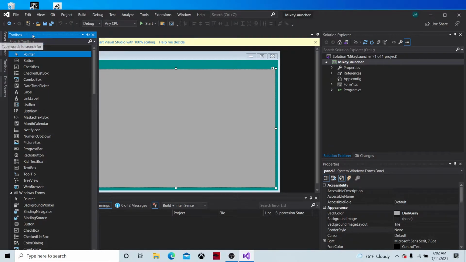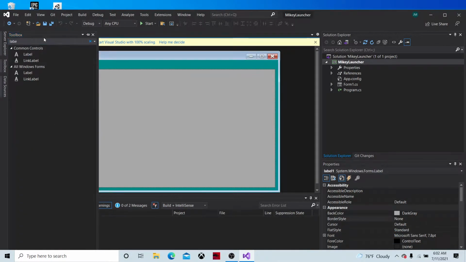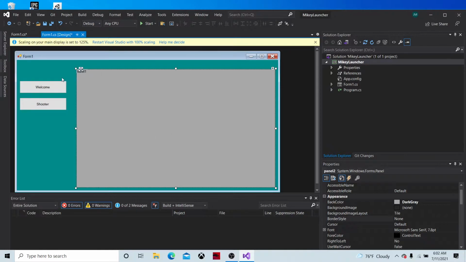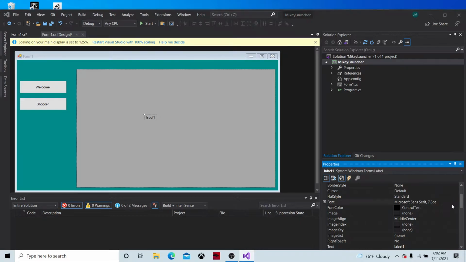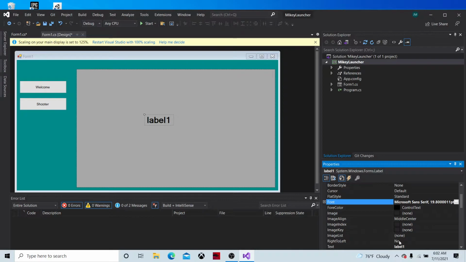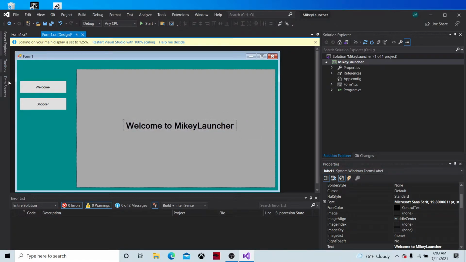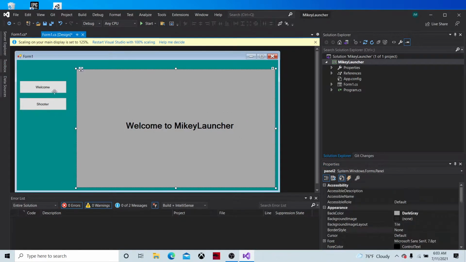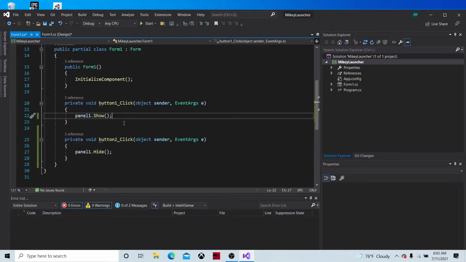Basically, we could grab whatever you want on your welcome panel. I'm basically gonna go ahead and put this right here. I'm gonna go to the font, bold, 20, boom. And we're gonna say welcome to Mikey launcher, or your launcher name. Then, since it has that, now we want to go to shooter and say